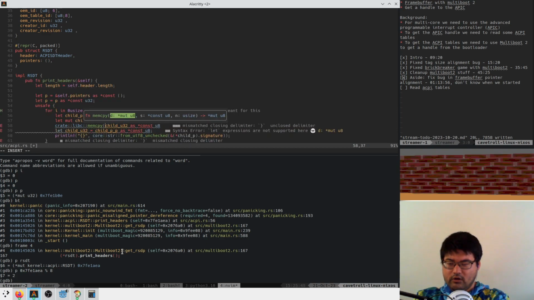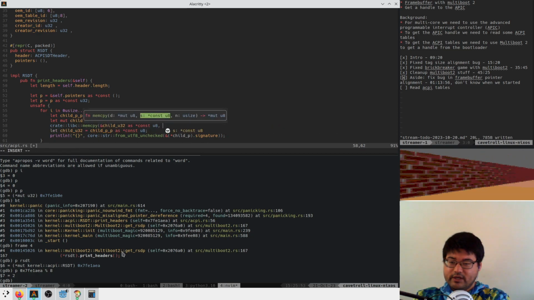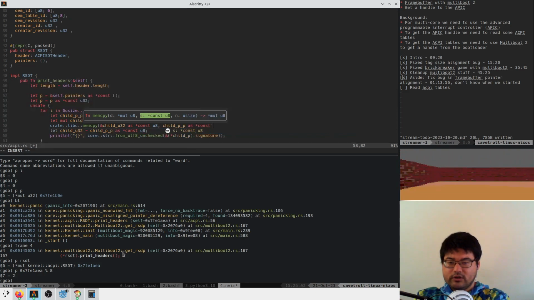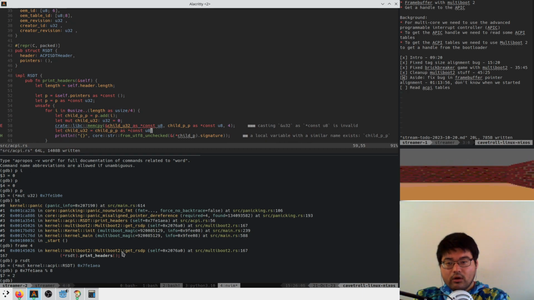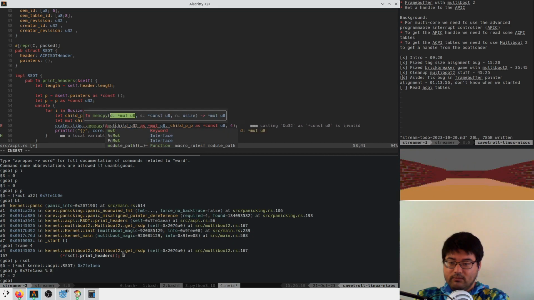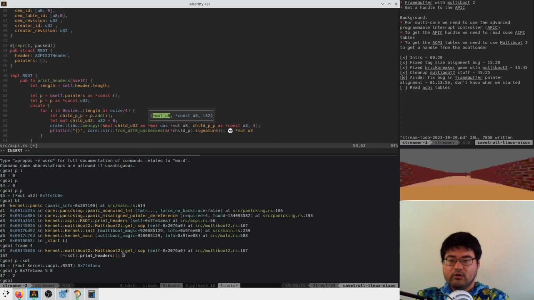Oh my god. And the source is child pp as const u8, and n is 4. Here I need to make this mutable, and I have to actually cast this to a mut u32 first.